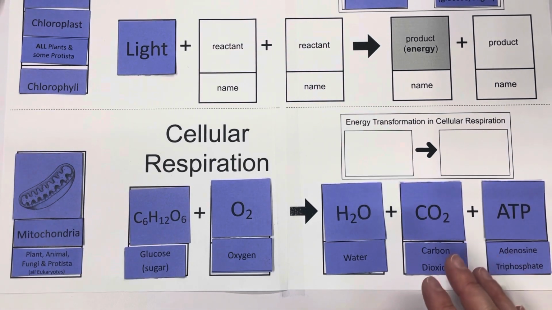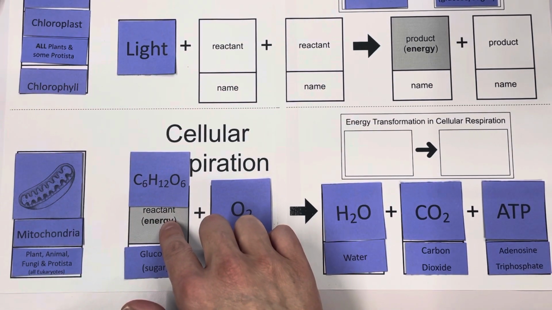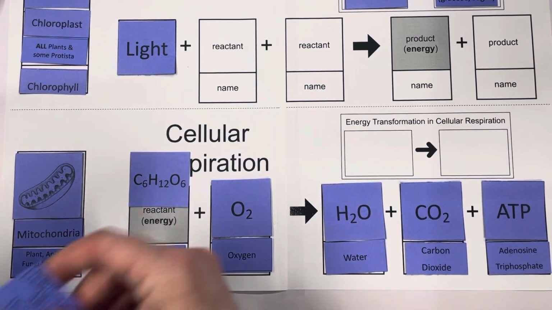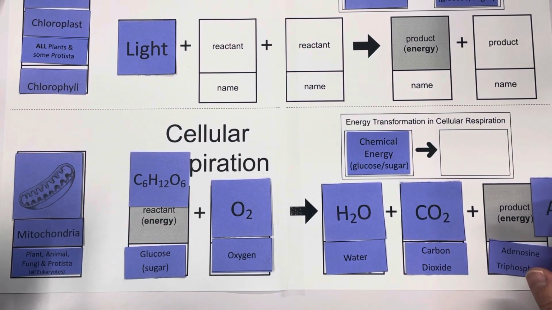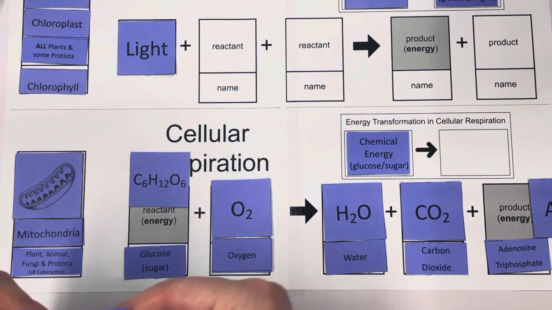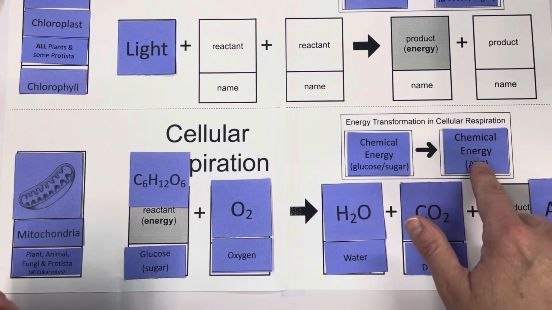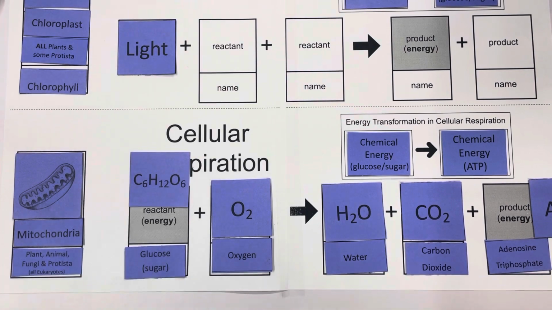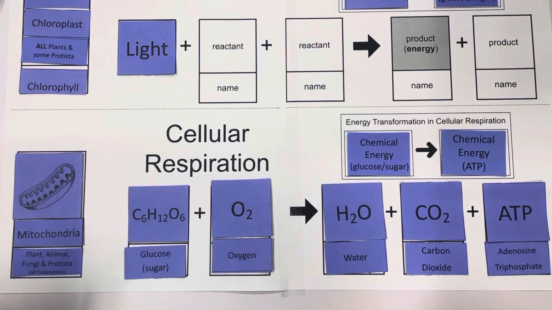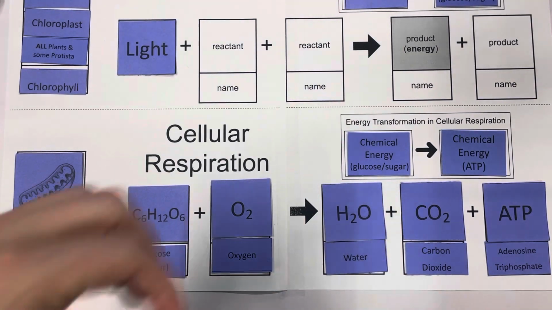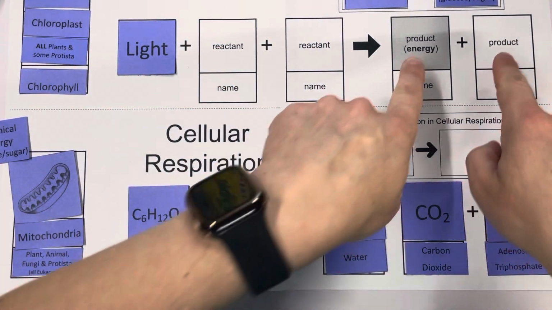So that's the product there. The energy transformation we have going on. We are transforming this glucose, chemical energy, sugar, into ATP, which is another chemical energy. So we're going from a chemical energy of glucose to a chemical energy of ATP. Transferring from this form of energy to that form of energy. Now let's step back for just a moment. Our products